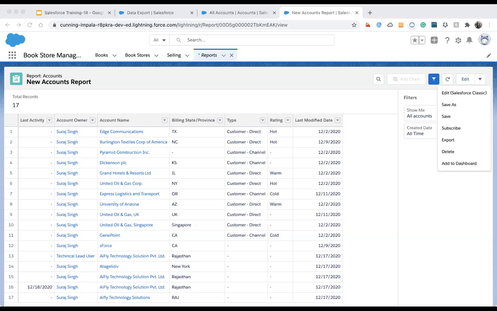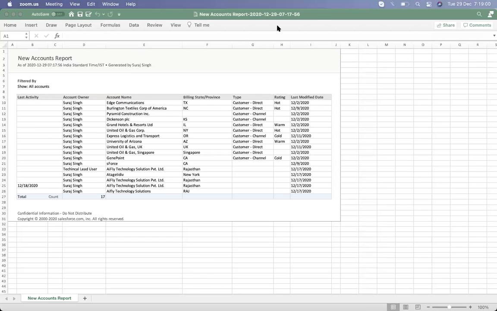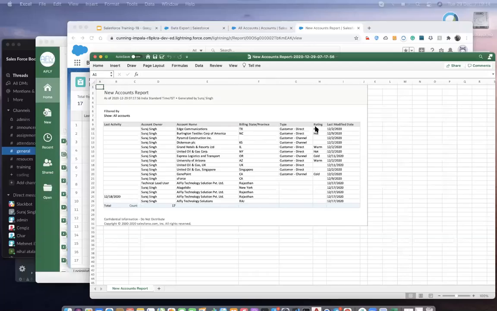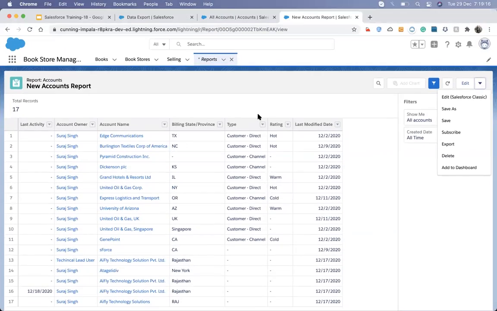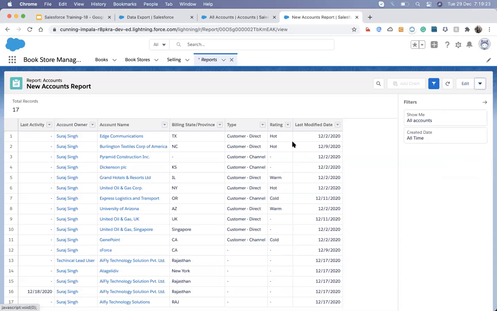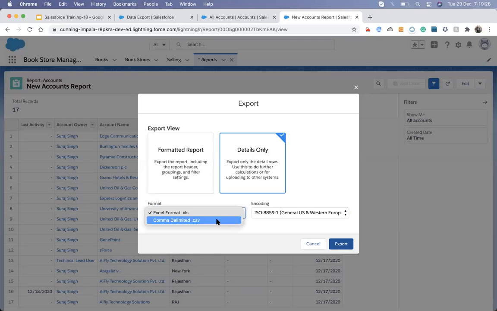Oh, let me share the desktop. Now you can see. Yes, so this is the formatted Excel file, and you can see it looks cool. What you are seeing up here, it's showing the same thing here. But in the CSV, it's quite not, because the CSV is only used for uploading data.